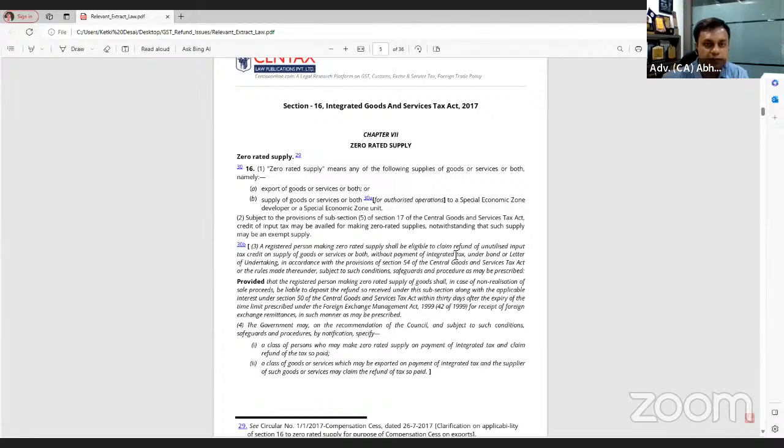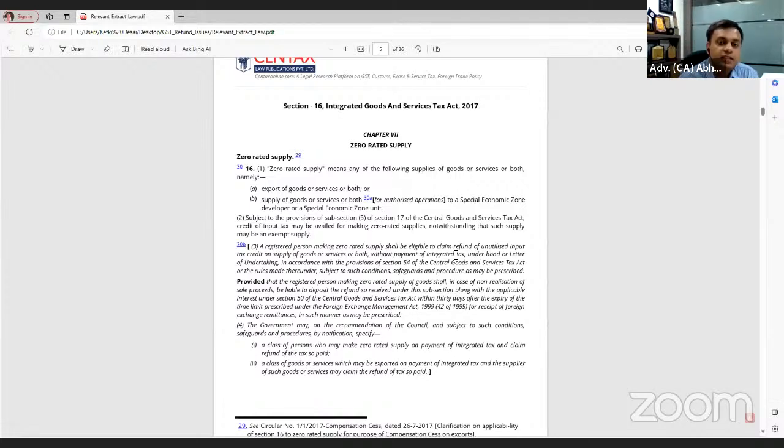The proviso to subsection 3 says that when a person is making a zero rated supply, and if the person is not able to realize the sale proceeds, then the proviso says that the person will have to deposit the refund, whatever earlier he has claimed under this particular subsection, along with interest within 30 days from the time limit within which, under the Foreign Exchange Management Act, a person was supposed to receive the foreign exchange remittance, and thereby